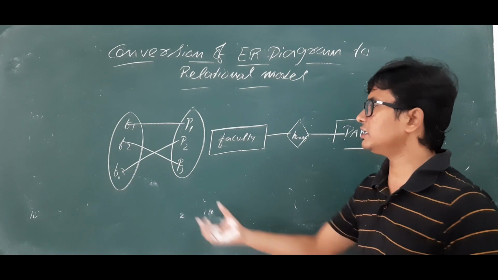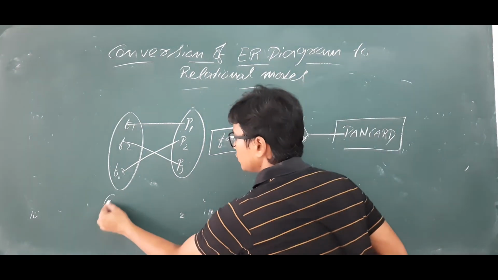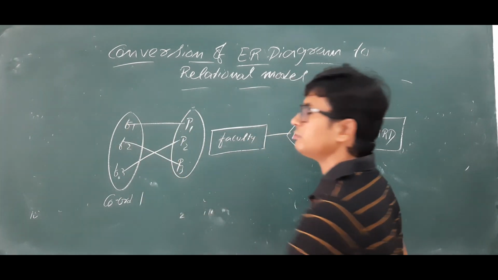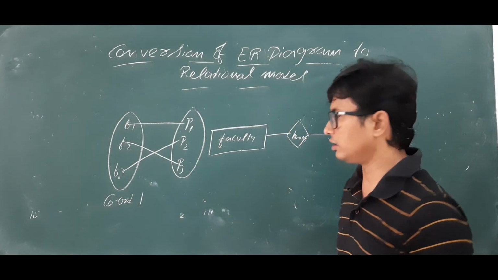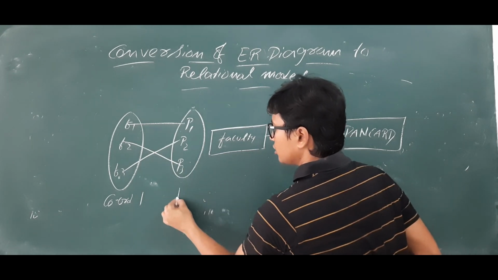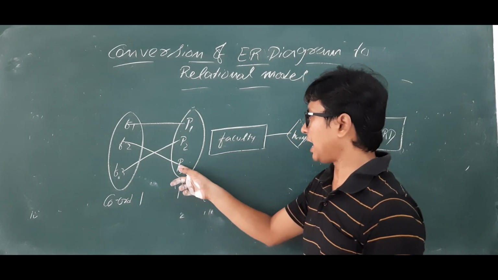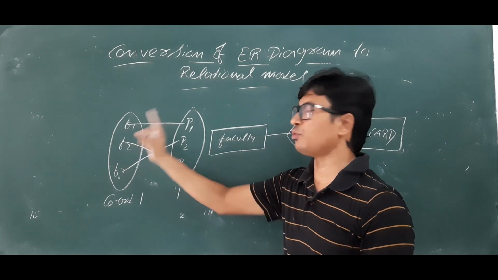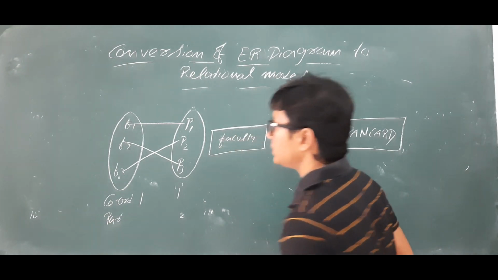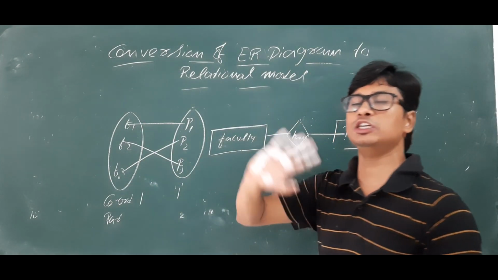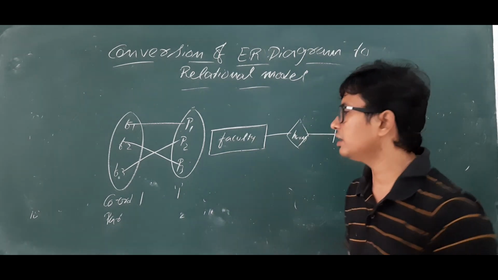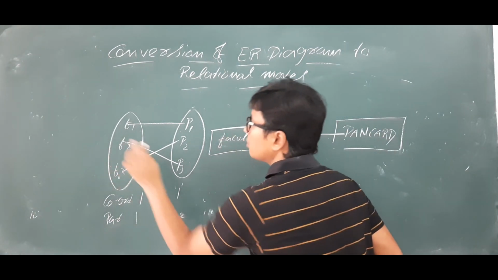So if you see, the cardinality of the faculty is 1, because he can have a relationship with a maximum of only one PAN card. What about the cardinality of the PAN card? It is also 1, because any PAN card can have a relationship with a maximum of one faculty only. What about the participation? If there is a faculty, obviously you should have a PAN card. Is it clear? Now the government is asking for the PAN card for everyone. So it is a total participation.